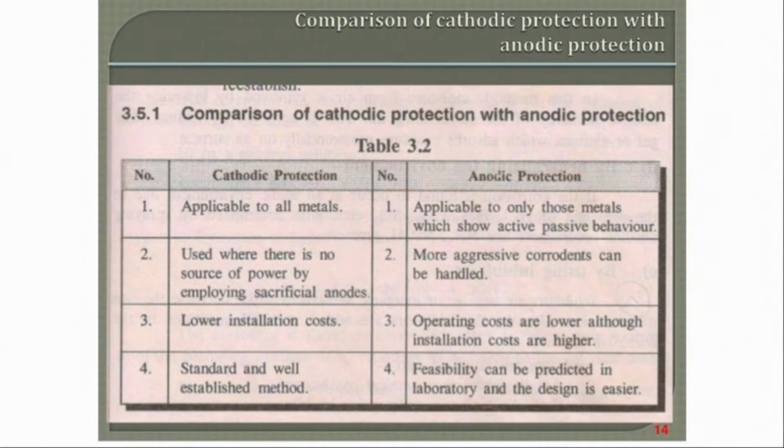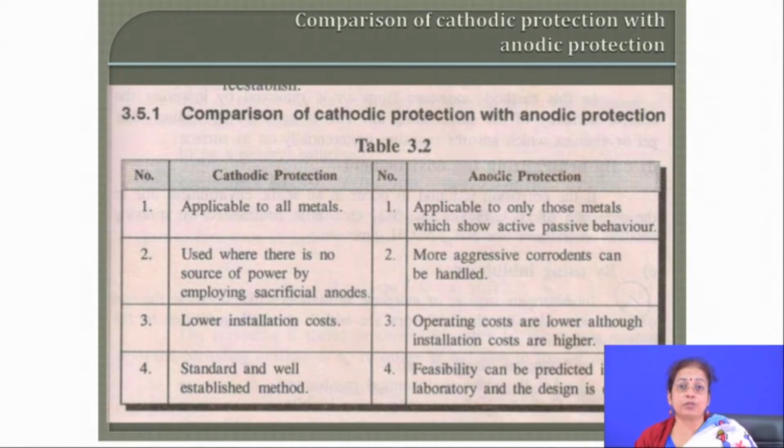But anodic protection can only be applied where the material undergoes active passive transformation, active passive behavior, and more aggressive corrodants can be handled. As for operating cost of cathodic and anodic, you will find that operating costs are lower in anodic protection, although installation cost is higher, and cathodic protection always has a lower cost,